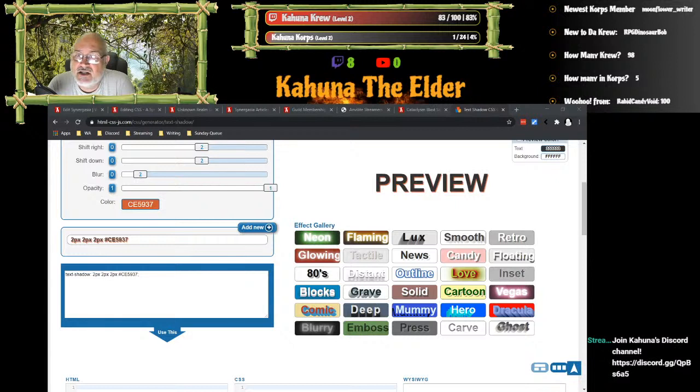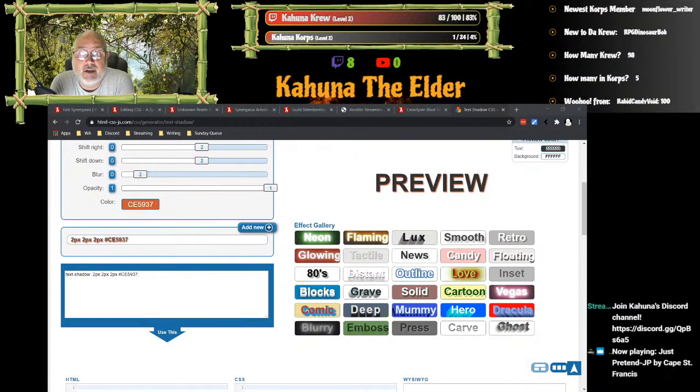Like I said, it took us a few hours with Rabid Candy Boy to get the CSS ironed out, but now it looks exactly the way they want it, at least so far. And they'll change their mind. CSS is a very powerful tool, and the more you get into it, it's a rabbit hole. The more you get into it, you're like, oh gosh, maybe I should try this. So, anything else while I'm at it? I think we've beaten CSS to death for the day.